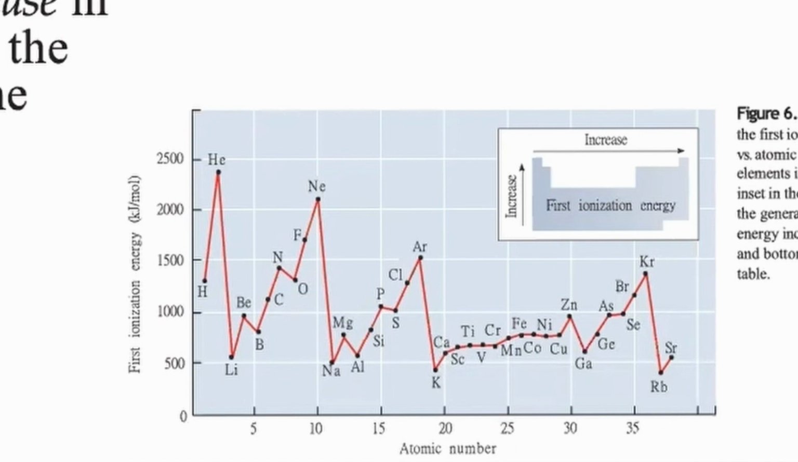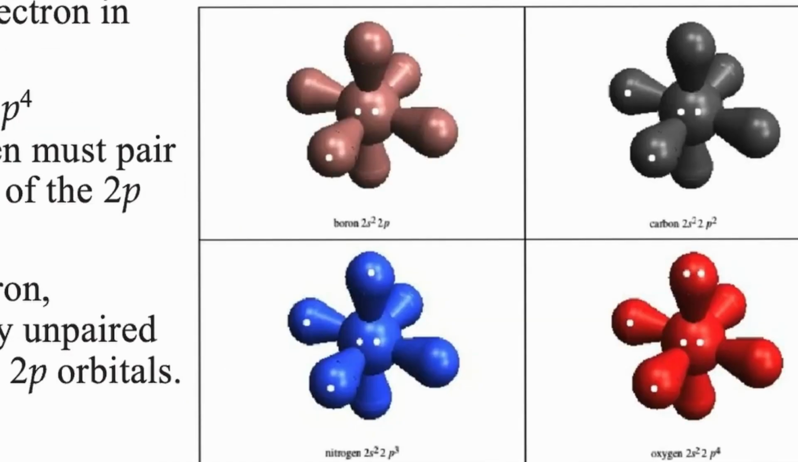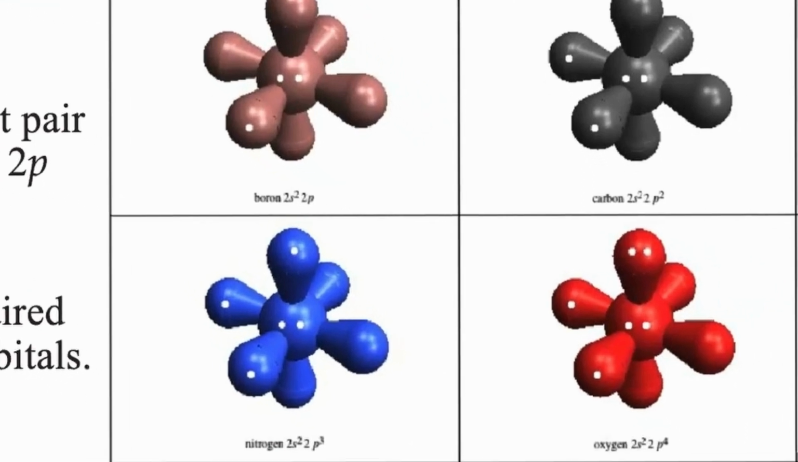This observation can be rationalized by considering electron pairing. So when nitrogen is paired to oxygen and when beryllium is paired to boron, you can see that there is a slight decrease in ionization energy. So in terms of electron configuration and bonding, nitrogen has a half-filled p subshell with one electron